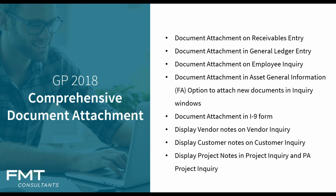Just a quick note here to underscore the extensibility of the workflow process as well as document attach. Like I mentioned, in recent implementations we've really leveraged these functions, and we at FMT have actually created customizations around document attach, which we hope to have incorporated into the application someday, just like these enhancements. These incremental changes are being made. But one of the interesting ones that we've done to help show the extensibility of document attach